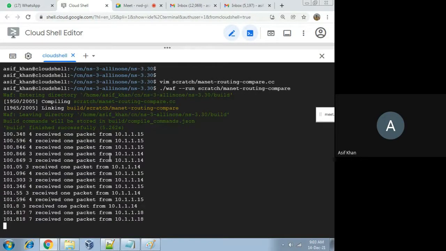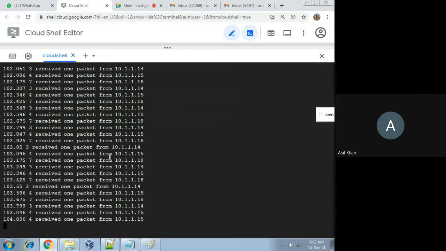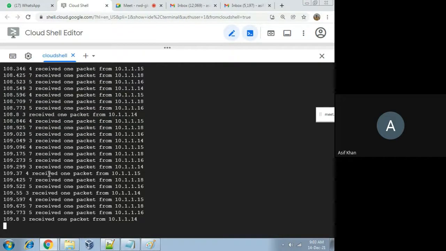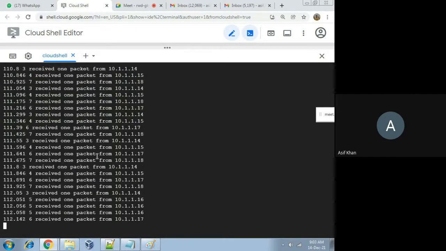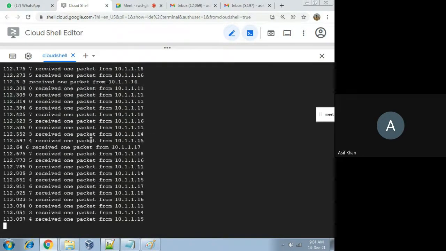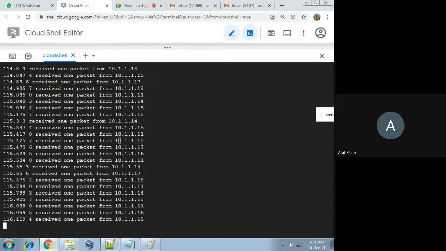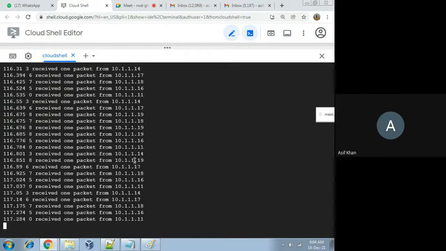See, it is running, and see now how communication is done. This node received one packet from this node. Which node is sending to which node, and which node is receiving a data packet from which node is displayed here. All these are console messages. We have enabled the log level information in the program, that's why it is showing. If you disable that in the code, then this will not be shown here.